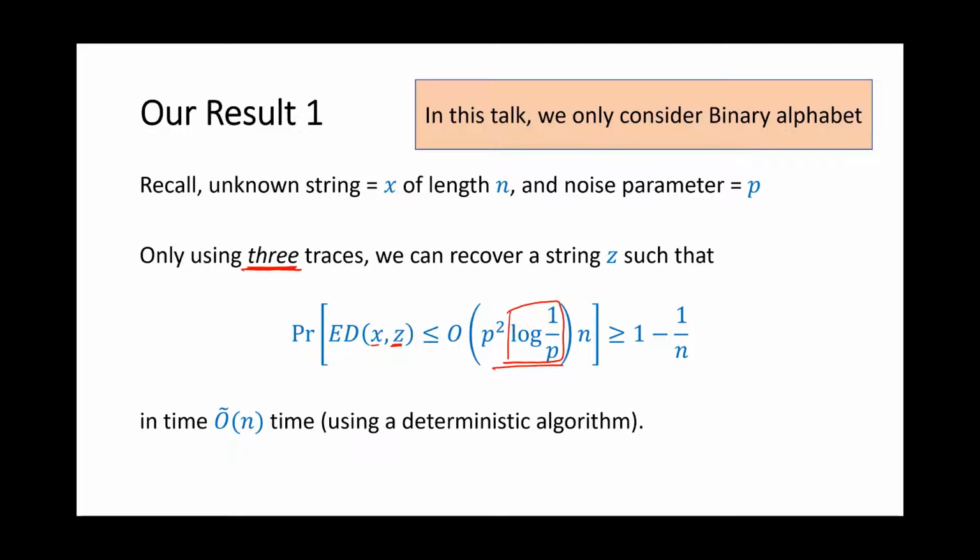And we can get this Z, which is of distance P square N. And this P square N bound is in some sense tight for 3 traces. We cannot get anything better than that. So now, before